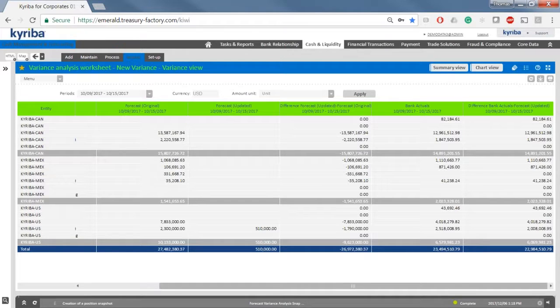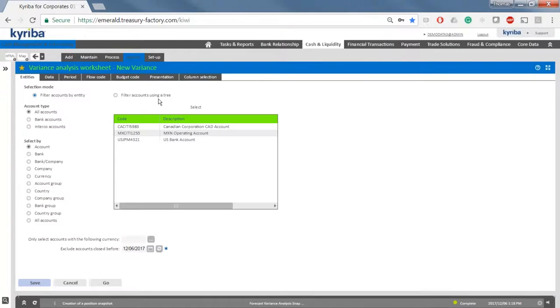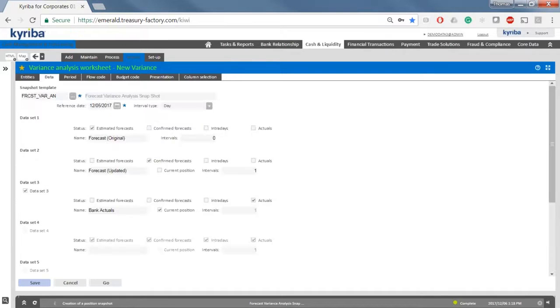Can you explain how the data reference in the data set, the intervals, relates to the period of the report? I think I understand what's being asked, and I'll just go back into the setup. There are kind of two dates, so it does get a little confusing. On the data tab, you put a reference date. Just think of that as the time that you ran that snapshot, or the system ran the snapshot originally. Let's say we're locking down our forecast for Q1 of next year. I know by Friday I'm going to have that done, so Friday I snapshot that. My reference date would be Friday the